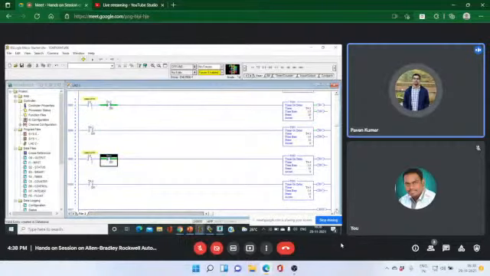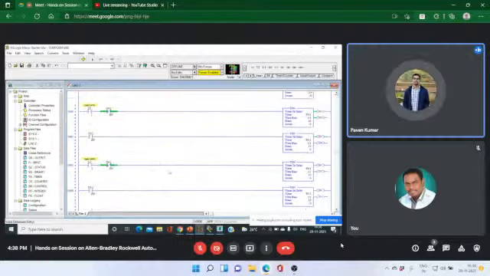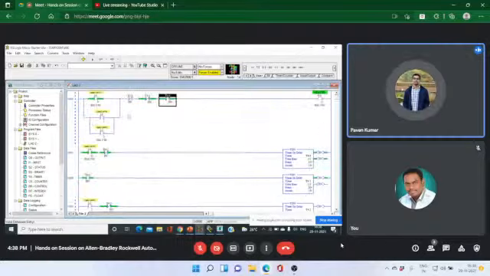So I have to place one NC coil of T4:4 in the heater, T4:5/4 bit. These are the three cases in the temperature control process.